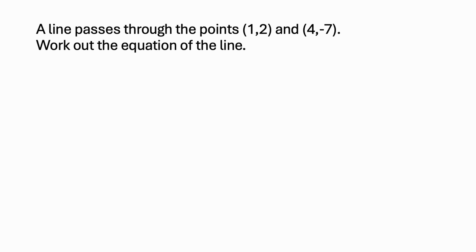Okay, let's look at this one here. A line passes through the points (1, 2) and (4, -7). Work out the equation of the line. So one thing we need to remember is the formula on how to work out the gradient of a line. I like to say the gradient is essentially the change in y over change in x. But I like to write it as